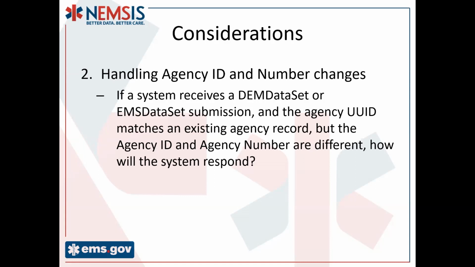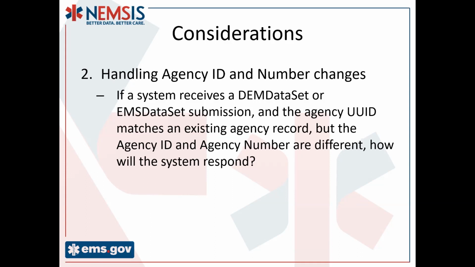I will say, to Ryan's point, we've seen a fair number of issues this year where a state starts changing agency numbers, and it just completely, immediately invalidates all future posts. So using the UUID as the primary match would potentially solve that problem, where it would allow agency numbers to change without breaking everything.